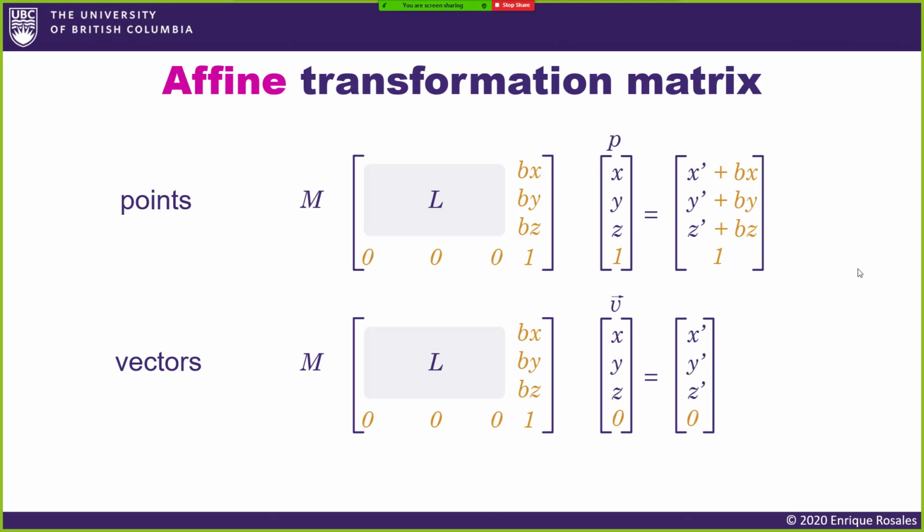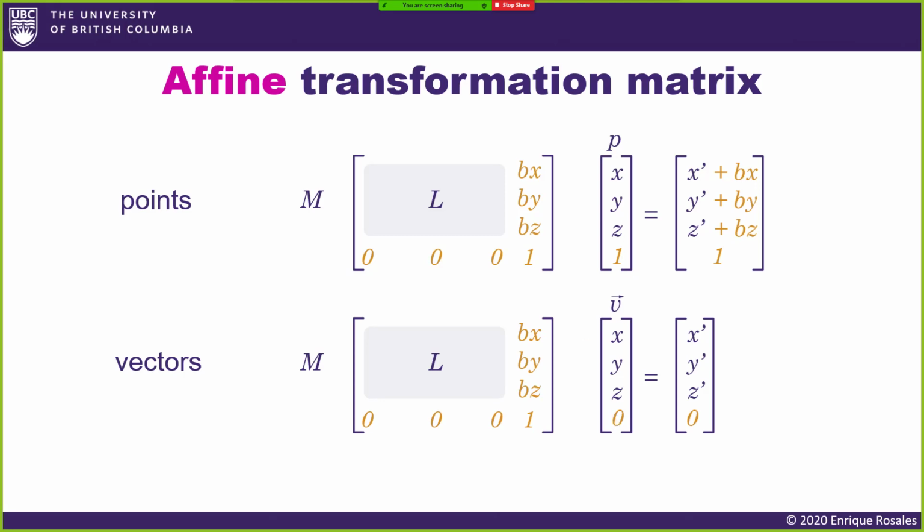So we're kind of shifting gears a little bit. Okay, so we said that having this alternative, this augmented matrix and these augmented vectors, we could have a linear transformation on this part of my affine transformation matrix. We can have translation, and then perfectly, everybody's happy, and we can do whatever we want, either to points or vectors, by just adding a 1 to the points, and a 0 to the W value